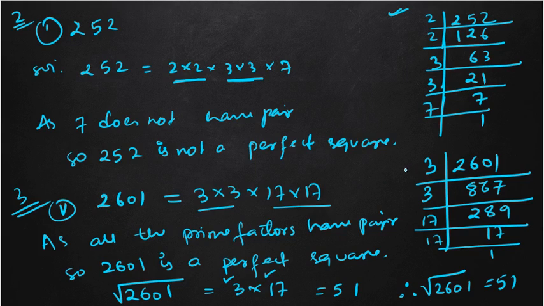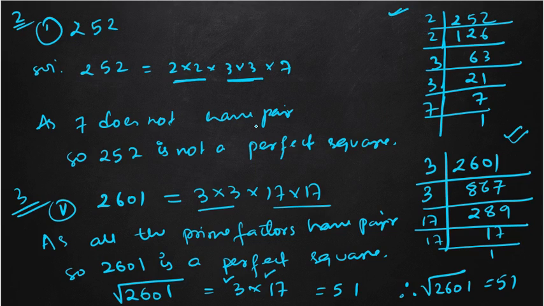So if I find the prime factorization, you can see on the right hand side I have done the prime factorization of 2601. We can see that we have only two prime factors, that is 3 and 17, and 3 is in a pair, 17 also has a pair. So as all the prime factors have pairs, we can say that 2601 is a perfect square. And what will be its square root? Out of the pair of 3 we have to choose 1, and out of the pair of 17 we need to choose only one 17. So if you multiply 17 into 3, this will be 51. So that means the square root of 2601 is 51. Fine. So you try to solve all the rest of the questions in a similar manner.